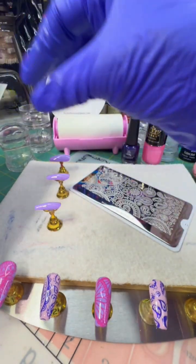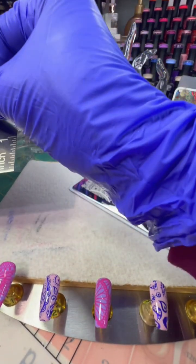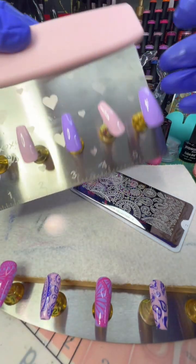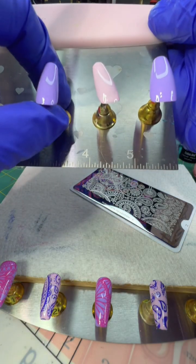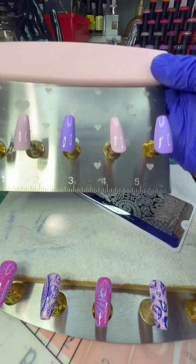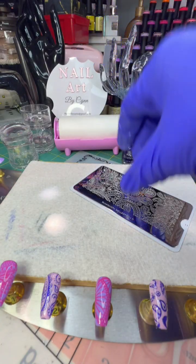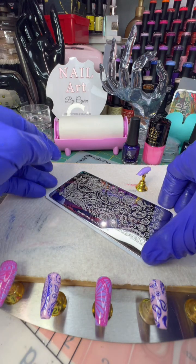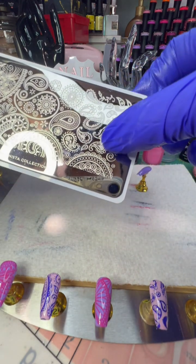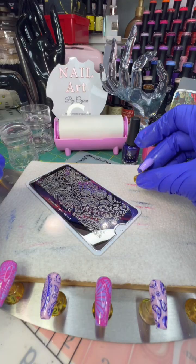Okay, so now these are done. So I'm going to put these back in order. So here are the nails, all nice and painted with gel polishes. Very, very pretty. Okay, so we're going to go ahead and start stamping. I'm going to start with the pinky finger. And so I'm probably going to use this side of the plate because it's got some smaller little stamps on it. And we're going to do the purple shaded ones first